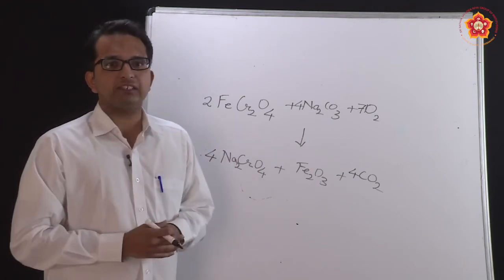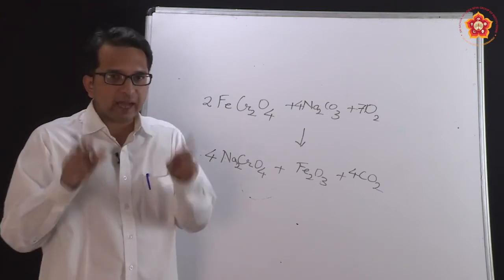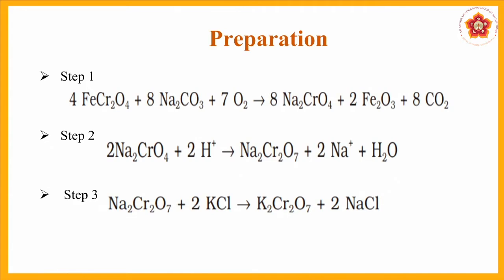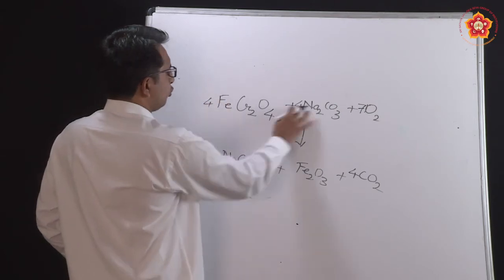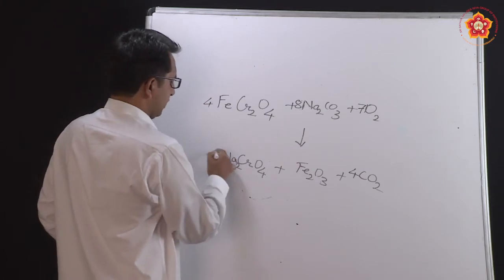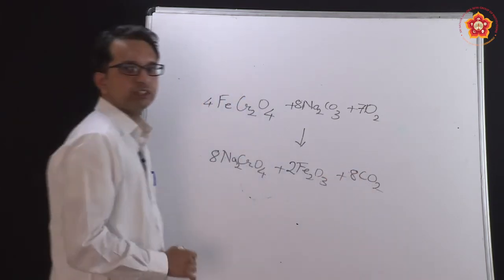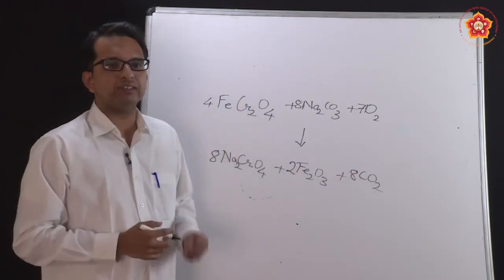So what else is to be balanced now? If you see the main reaction, in that step 1 condition, the minor change we have to take up is the overall balancing, where if we double certain components, the total balancing can be seen. So if this is coming to 4, this is coming to 8, similarly 8 and then 2 and then 8. This trial and error method gives us a complete balancing of this part.